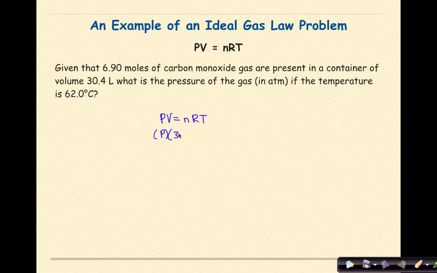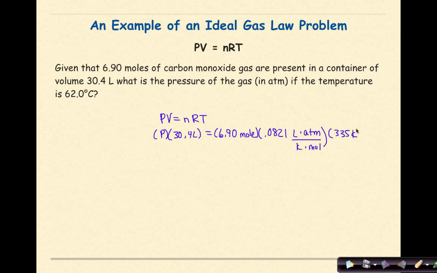Volume is 30.4 liters. The number of moles of gas is going to be 6.90 moles of gas. The gas constant that I'm using is the one that's going to go with atmospheres, liters, and moles, and Kelvin. So that's going to be 0.0821 liters atmospheres over Kelvin mole. And then finally, my temperature is 62 degrees Celsius, which is going to be